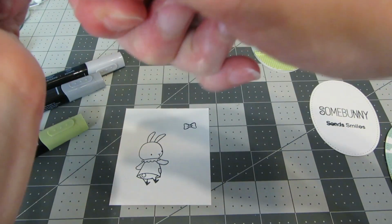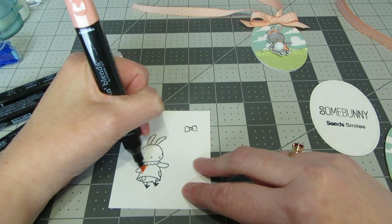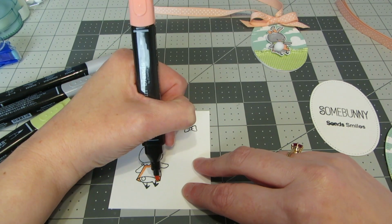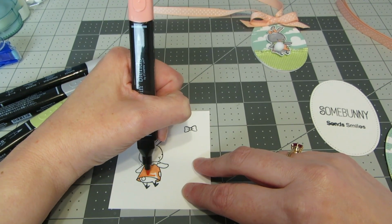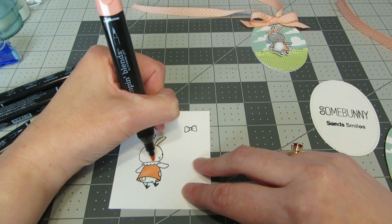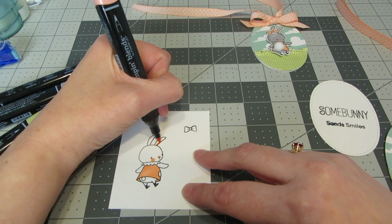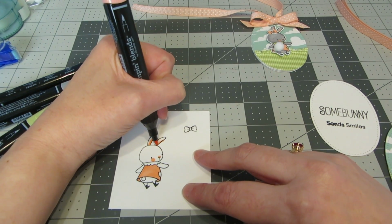So I'm going to color her dress with this Calypso Coral, except for the collar and the pocket. So just the body of her dress. Color that in. And then on her face, I'm going to give her a little cheek and a little bit of nose. And then I'm also going to give her just a little bit of pink for like the inside of her ears. So just kind of following that line there,